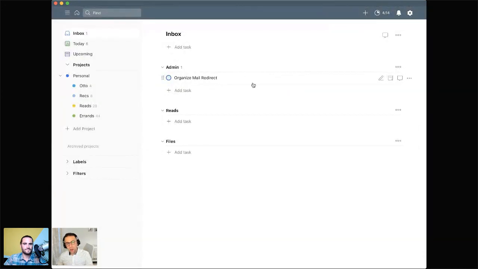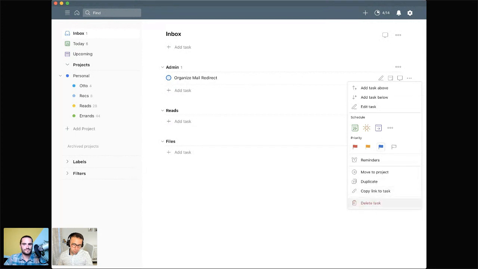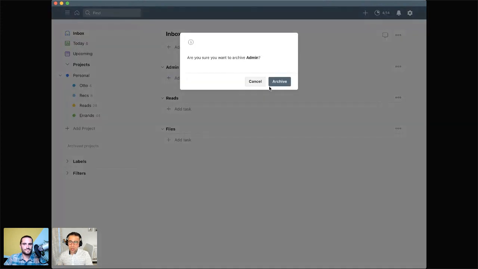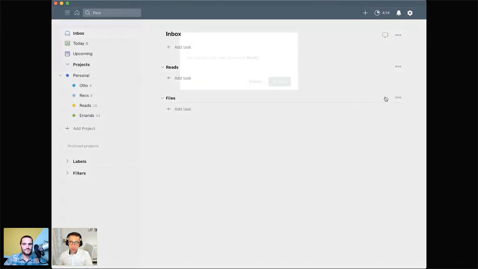And then a third one could be organize mail to redirect. And sometimes this is where you can sort of go with your own ruling around it. Maybe this takes 3 minutes, and you have 3 minutes at the end of your day. You can then process that accordingly, or do it on the spot. So yeah, that's the 2-minute rule,